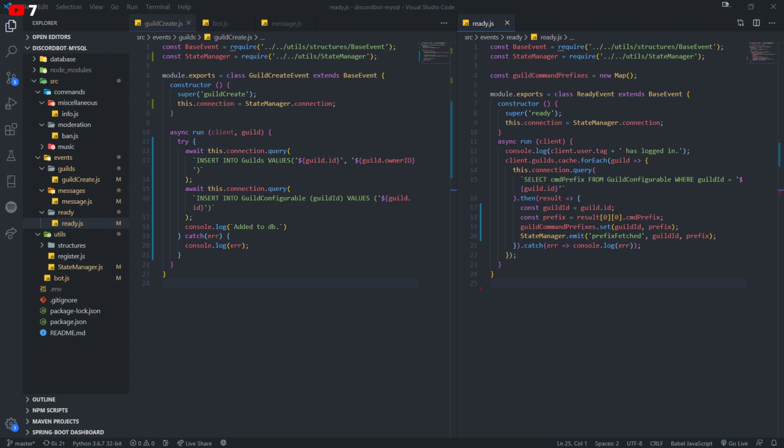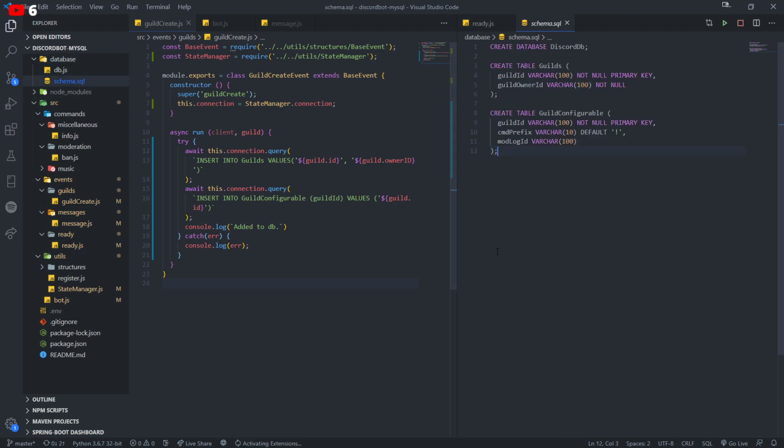Personally, MySQL versus MongoDB: MongoDB is a lot easier because if you don't have lots of relational data, you can just drop all of your data in one document and call it a day. With MySQL, you have to structure your schema, which is what I have over here. If you guys are following this tutorial series, I actually have the code on GitHub, and I highly urge you to clone it and not just copy it, but try to understand what's going on.